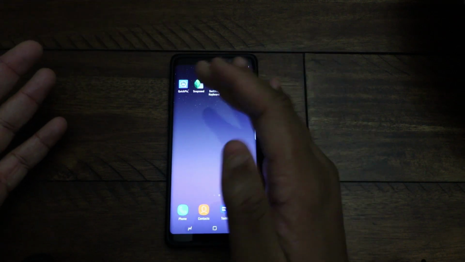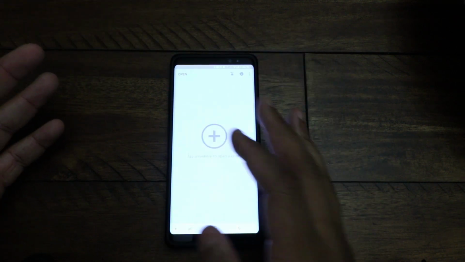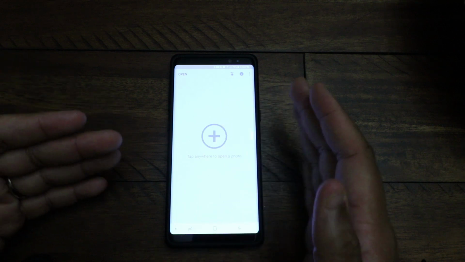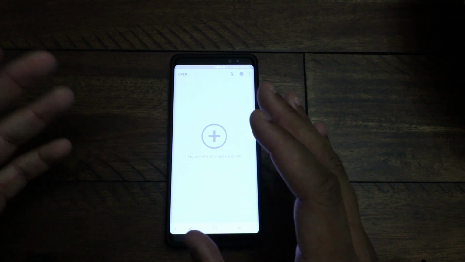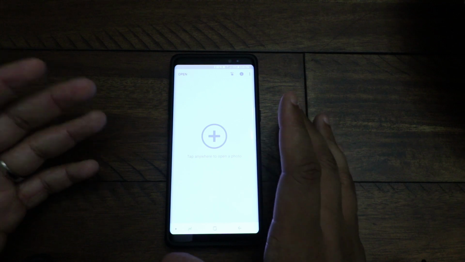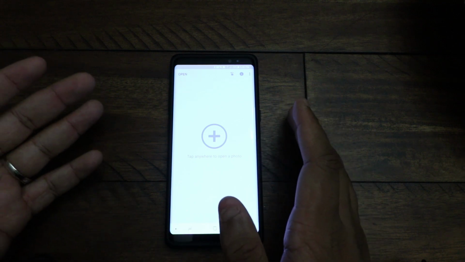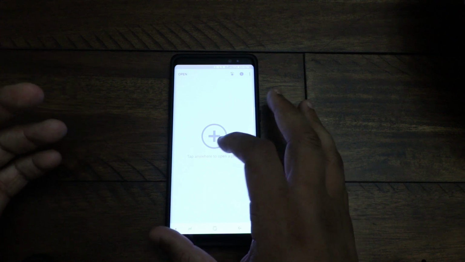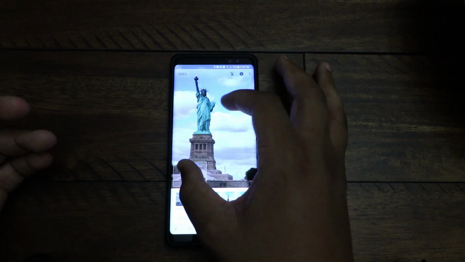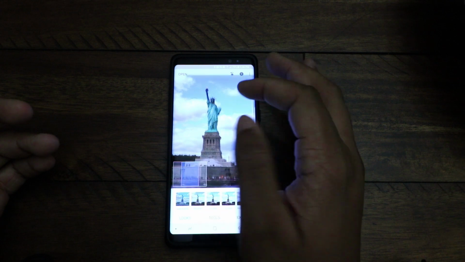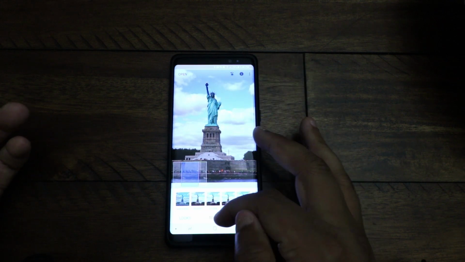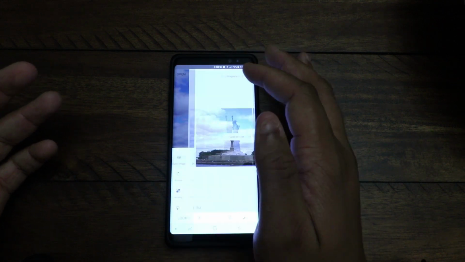On to the next app. You probably also heard me talk about this one. This app is called Snapseed. This is basically a picture editor that you can make just about any picture, especially colorful ones, pop as if you took them on a DSLR or a much better camera. So we take this nice picture of the statue here. All we have to do is go to Tools, Tune Image,